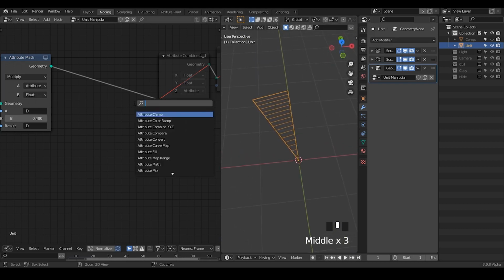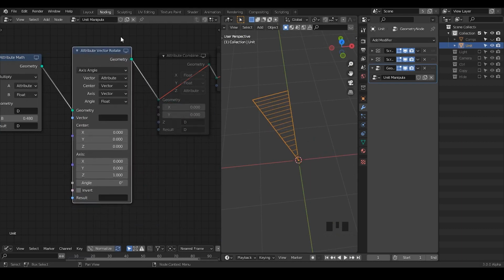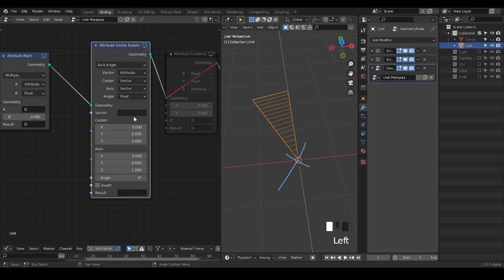thing. So we're going to use the attribute vector rotate. This is a new node. Actually, this is my first time looking at this node. I also need to get familiar with it, but I think it's very straightforward. We have the center. Okay, we define the center here. Nice. Vector is the position because we want to rotate the position. Okay, and the axis is basically